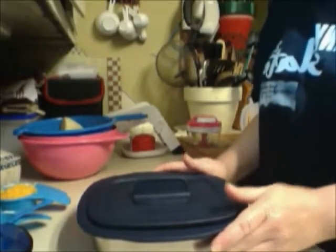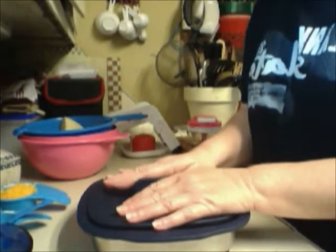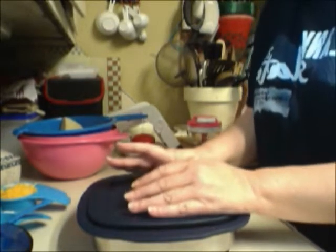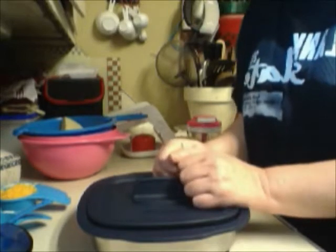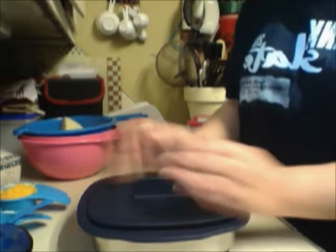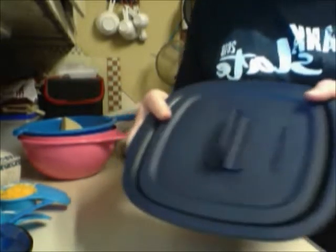Howdy do here with Tupperware, and today I love to make what we call comfort food. Now I haven't made it in a little while, so I'm kind of anxious to get to this because I love it so much. But before I do, I have the MicroPro grill here,